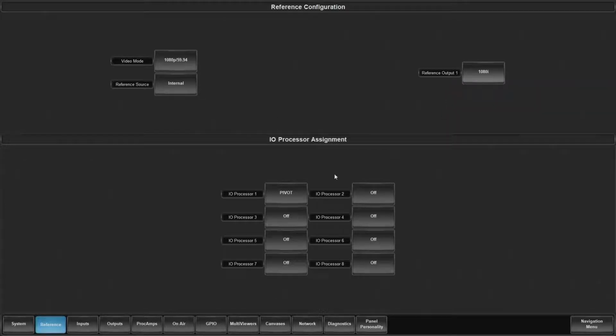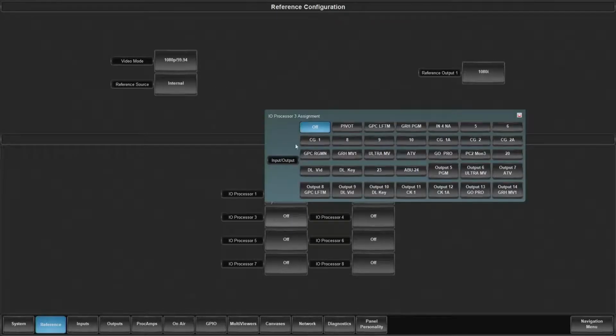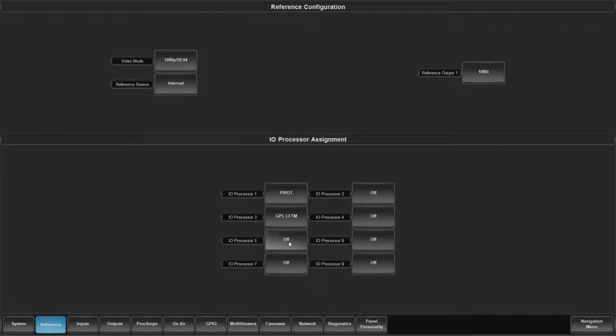When I've got the base license, so here in the HD mode, I have the standard offering of 8 I/O processors. When I upgrade those, I get one for every single input, and then I also have a fixed number on outputs. Since we have a limited I/O count, what we're able to do is select where we want these processors to be applied. Now, it's a processor because it not only can apply a frame sync and format converter, but it's also how you are able to access the proc amps and color correctors.